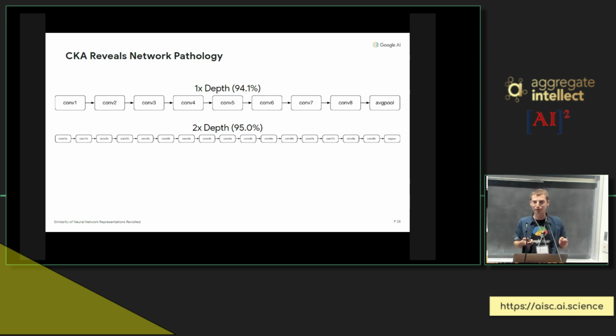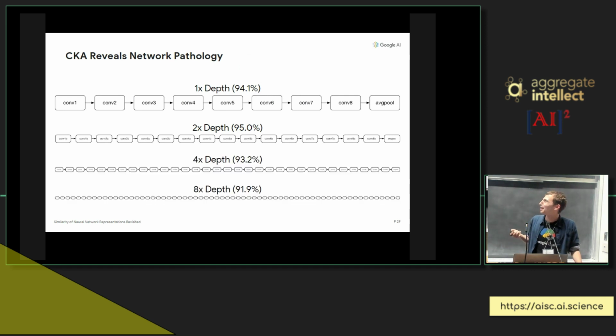So this is the typical deep learning story. You just make it deeper and the accuracy goes up. But the problem is if you make it 4 times deeper or 8 times deeper, the accuracy actually goes down. And so you could try to explain this in terms of maybe there are vanishing gradients, maybe there's something wrong with the training,